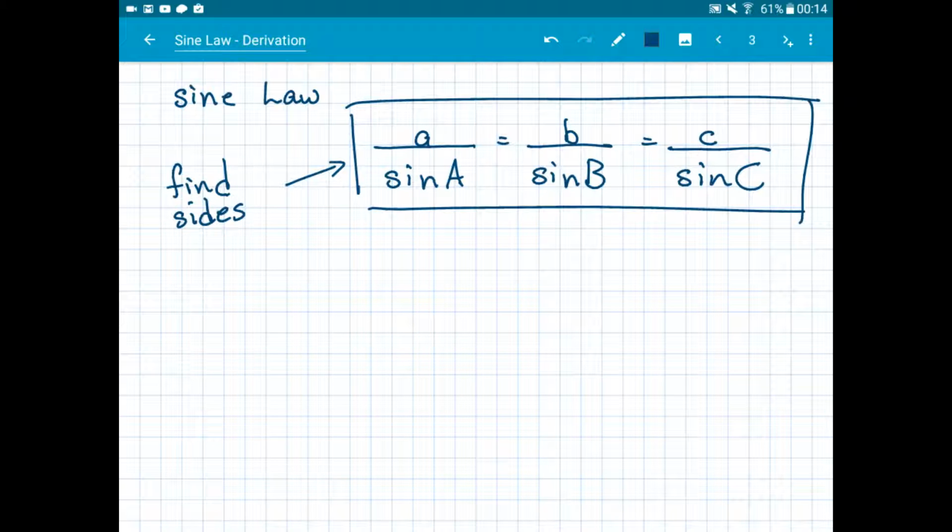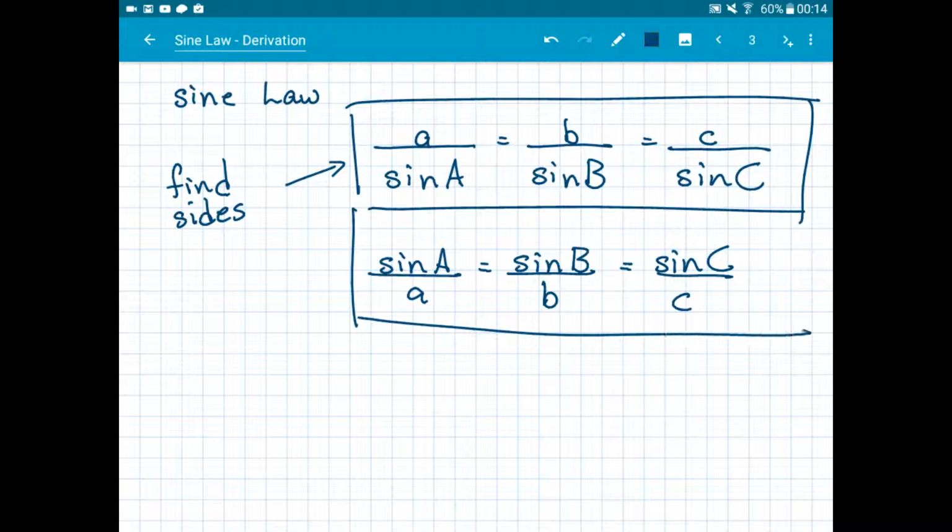You always want the thing that you're trying to find to be in the numerator or the top of a fraction. And so if you're trying to find angles, it makes more sense to leave it in the form we had before, since that way the angles are in the numerator. And there you go. And so both of these are just different forms of sine law, and they allow us to find missing sides and angles